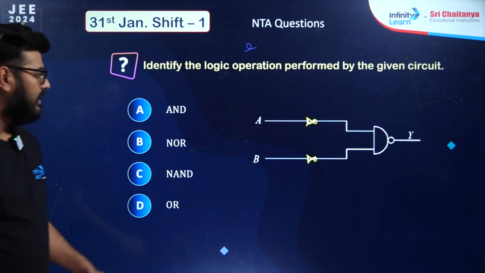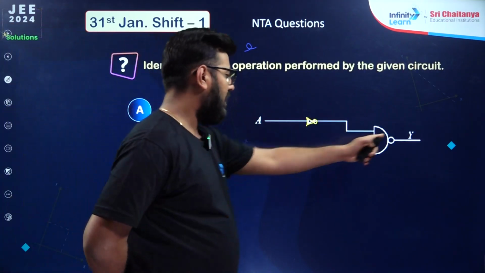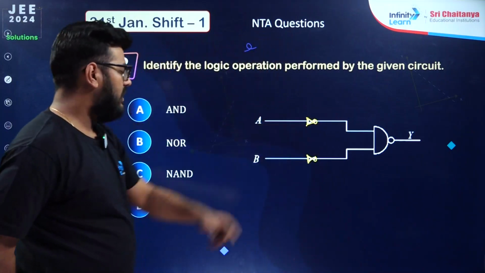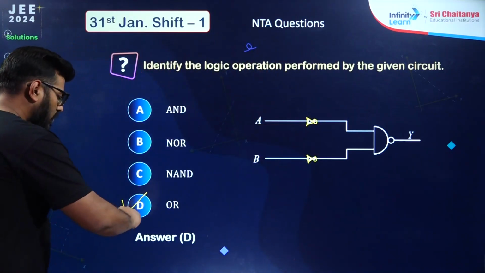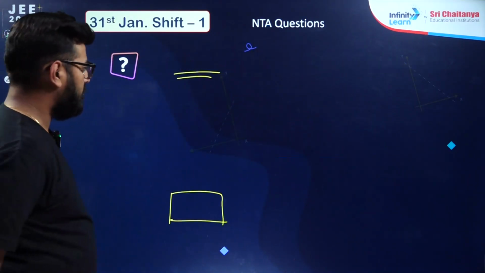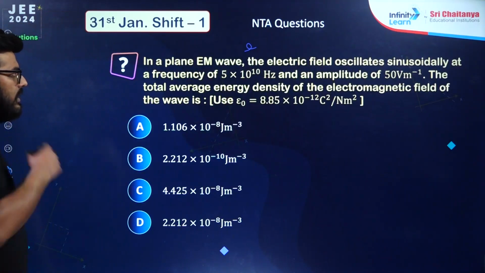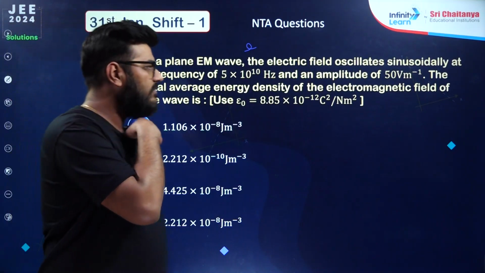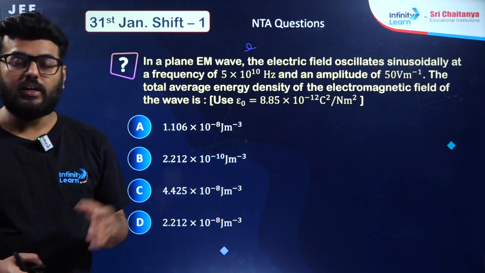Okay, so A, you can keep the output as AB and over here as Y, take the NOT, and then finally you will get the correct answer as option number D, that is OR gate over here. Simple problem of semiconductors. In a plane EM wave, so EM wave questions have been repeated in 30th January shift